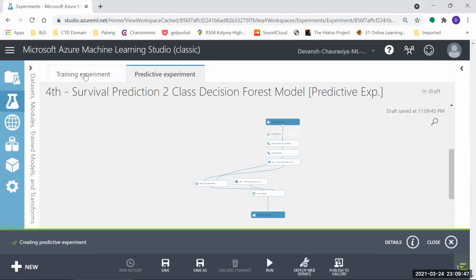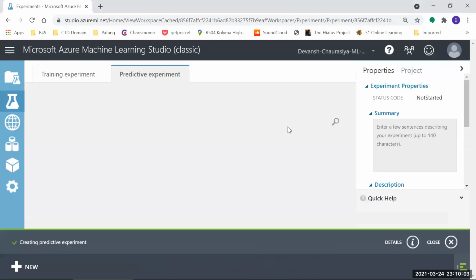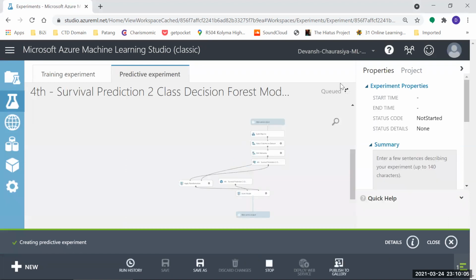All right, so we were in the training experiment. Now we have the predictive experiment. This is ready and it has gone into draft. So what I have to do is select it and run. It'll take a little while.